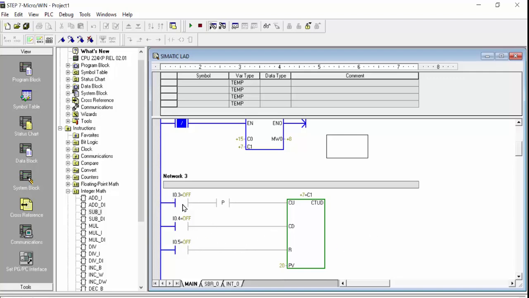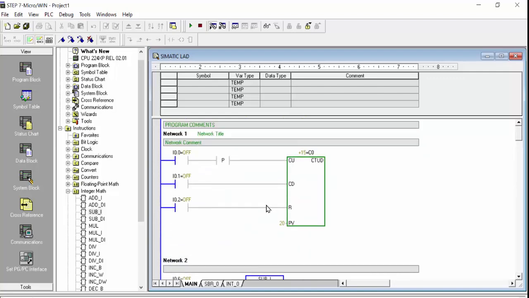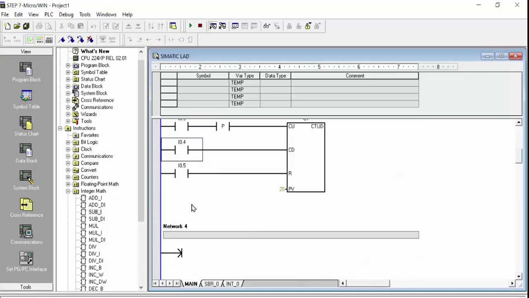You can use this I0.3 sensor for increment, and I0.4 counter signal you can use for decrement, and same as this one, this I0.0 you can use for increment, and this I0.1 you can use for decrement, and this signal I0.2 you can make a push button or any auto sensor or proximity, whichever you would like to use, and I0.5 also you can use for this one signal push